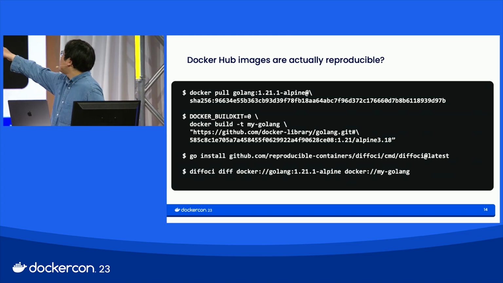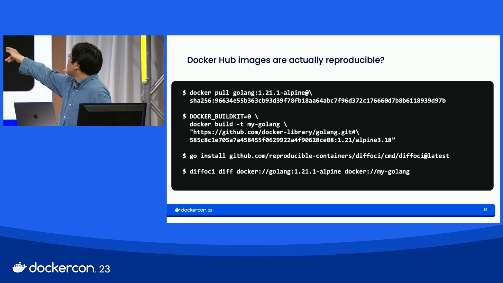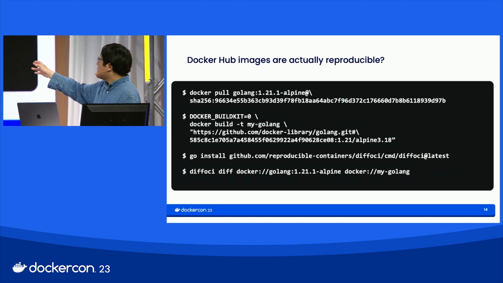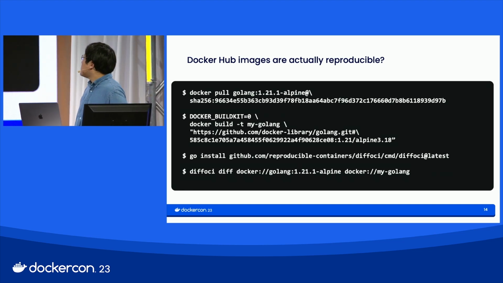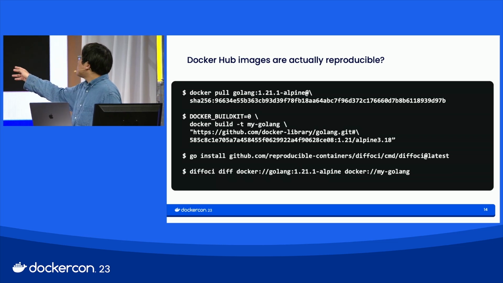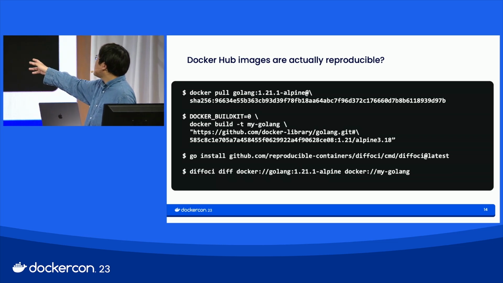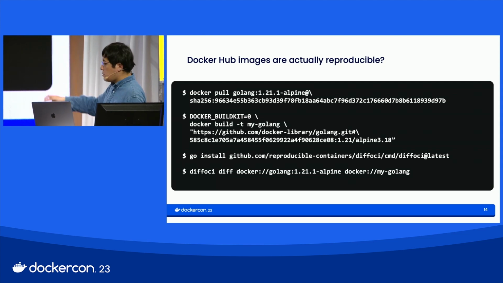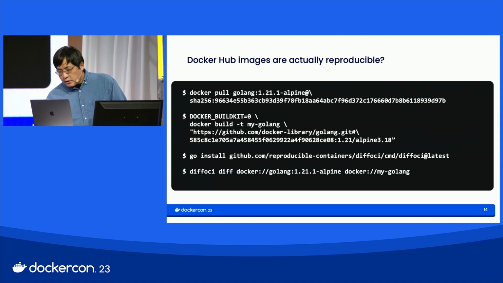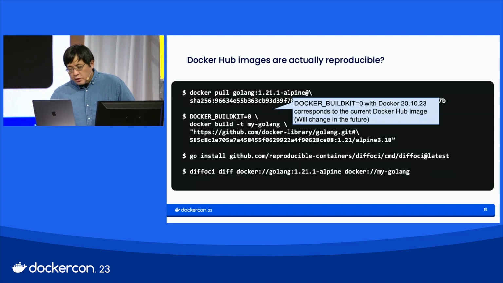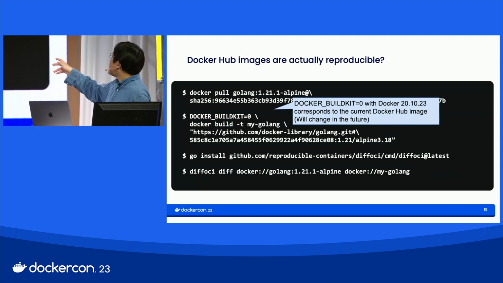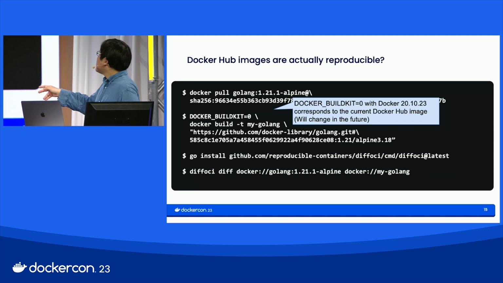Golang 1.21.1-alpine, you can pull that image. After that, you can use the docker build command to build the same image from github.com/docker-library/golang.git. But in this docker build command, you have to set DOCKER_BUILDKIT to 0, and you have to use